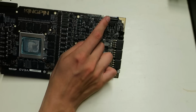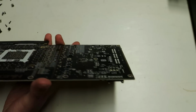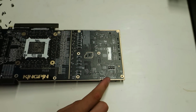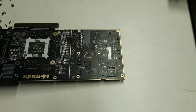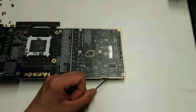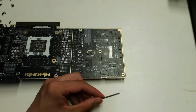Your ProbeIt connector is located over here. The guide of what each pin will measure is printed on this side of the PCB, but it's not so easy to show on camera. But I can tell you that every second pin of the ProbeIt connector is a ground pin. So the first pin is called NVVDD, which means GPU voltage. Then the third pin is called FBVDD, so that is your memory voltage. The guide at xdevs.com